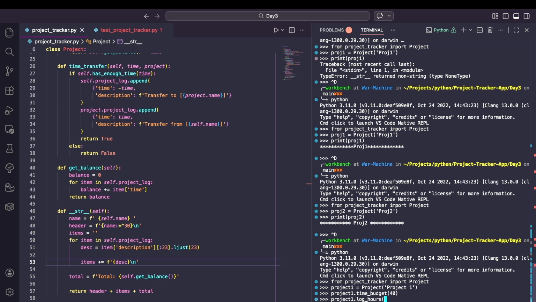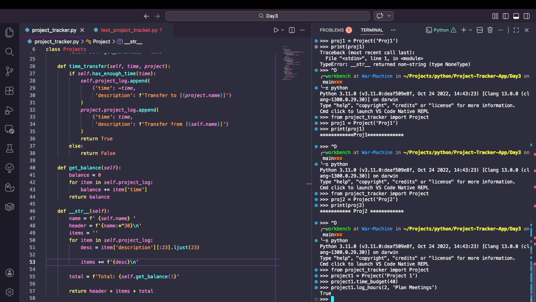So we're going to use 2 hours, and we are going to use that to plan meetings, because that's always a good idea. And then we're going to do another one, and we're going to have 1 hour for meetings, because